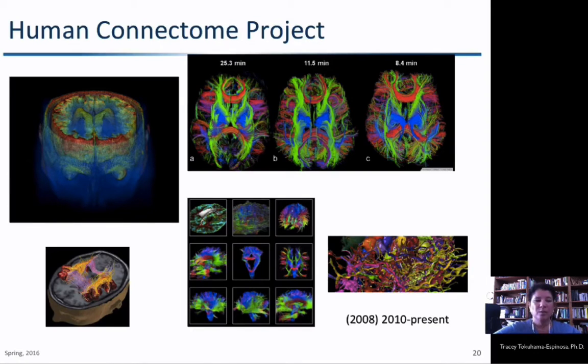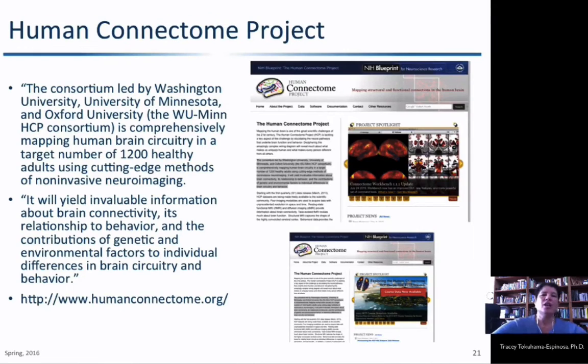The Human Connectome project has a different objective, and that is to actually document hundreds, if not thousands, of normal human beings undergoing normal activities in order to see what the typical networks might be for certain activities. So many of the scans that you'll find online on their webpage have to do with research being done at Washington University, University of Minnesota, and Oxford, in which they're trying to look at healthy subjects doing simple things like